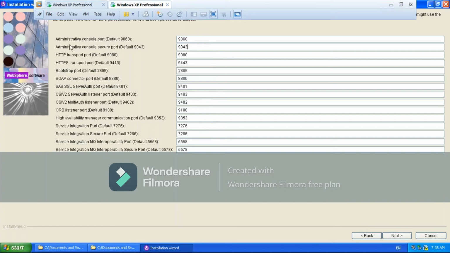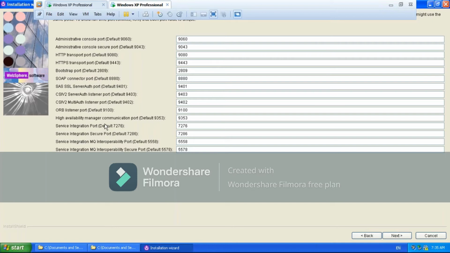As of now, remember, these two are related with the console, these two with application access, this is the boot start, and this is the SOAP port, which is going to be used for federation. Those are security related, those related with the cluster, and those related with the MQ. Those are the port numbers.